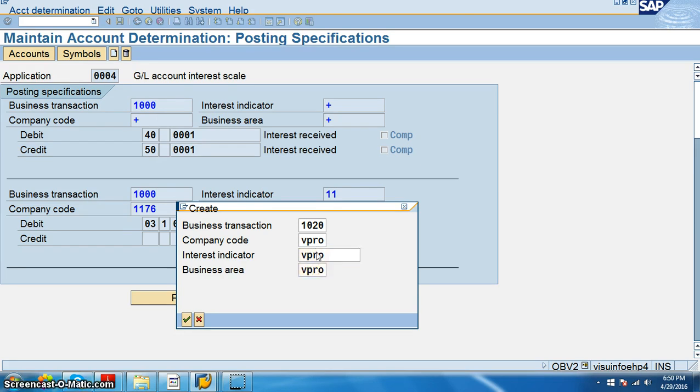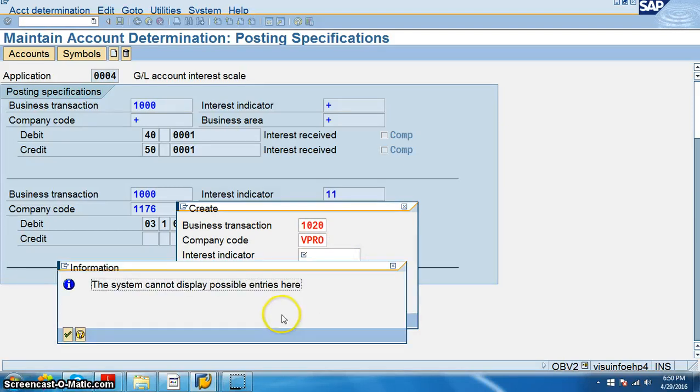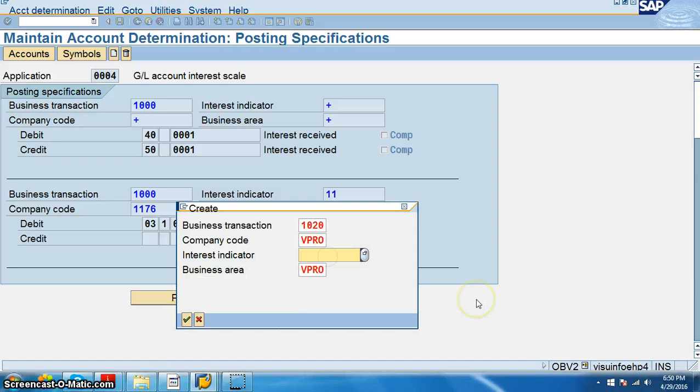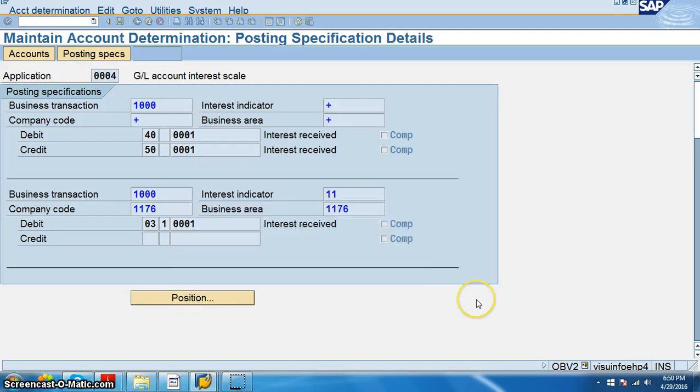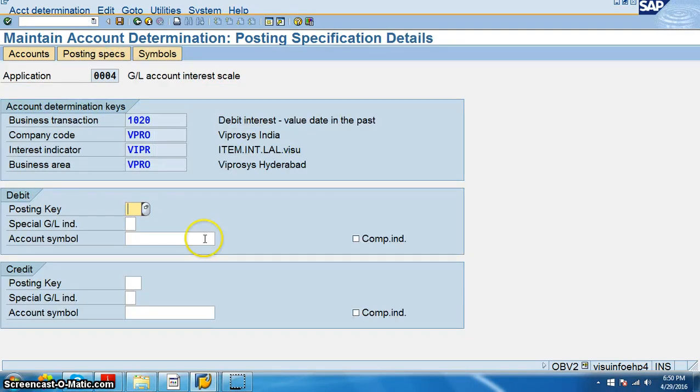Business area is also VPRO. Interest indicator VPRO is not different. What is the interest indicator that you defined? Yeah, VIPR. We created it as VIPR.